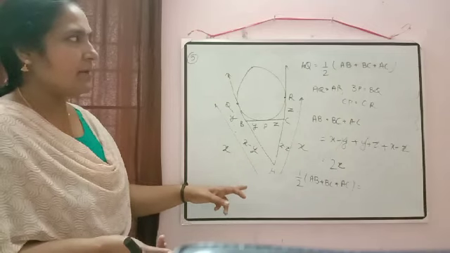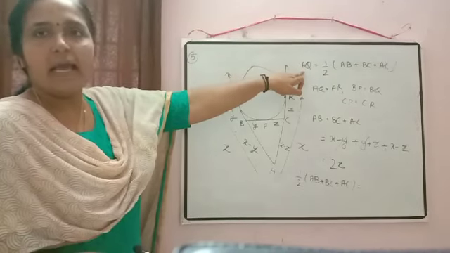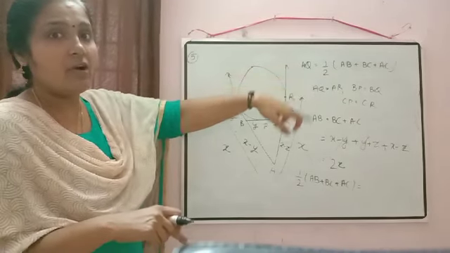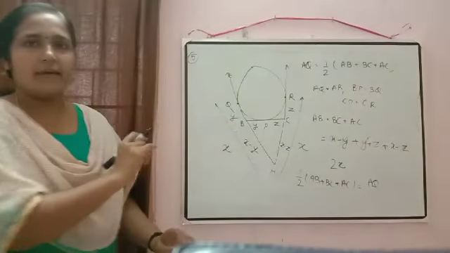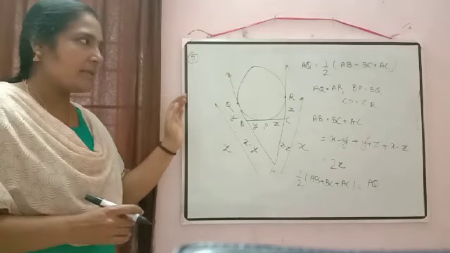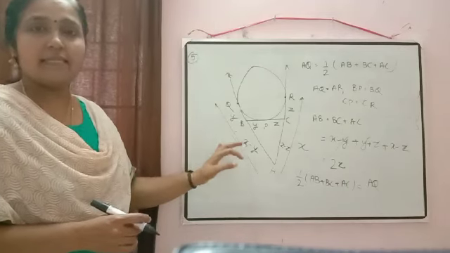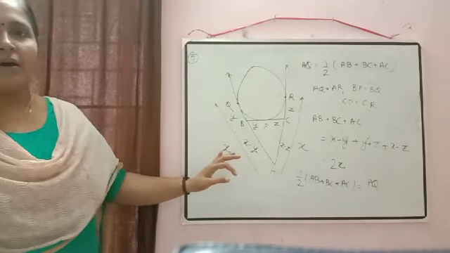AQ I am taking because in the proof we need AQ. It will depend on what we want in the proof there. So in place of X you can substitute AQ. So either you can use the first method or this method. Which one is easy for you, that you can use. Okay.